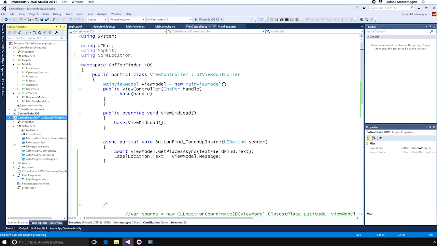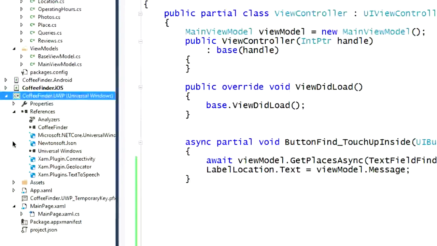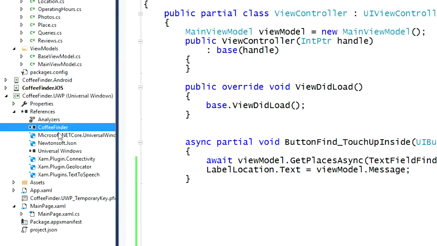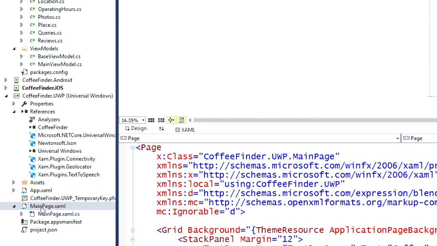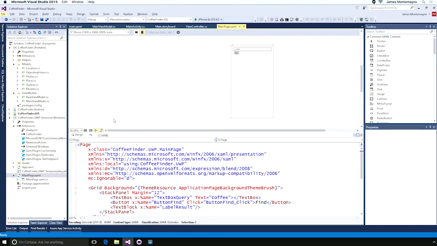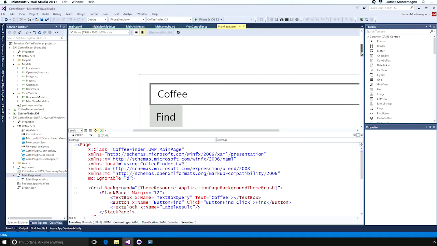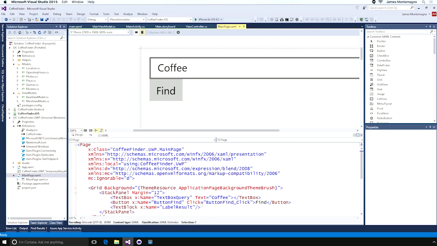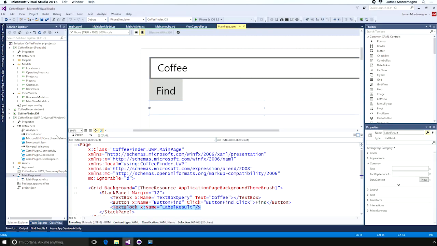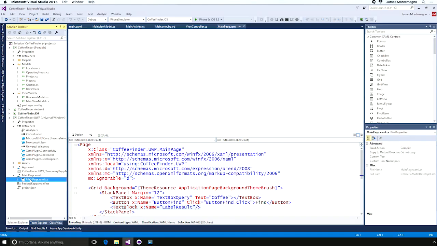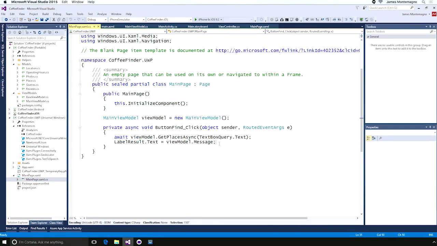I've brought in the same exact libraries like I did in Android and iOS, my shared code, and some NuGet packages such as JSON.NET. I've created a very simple user interface. We can go ahead and make this just a little bit bigger. There we go. And what I'm doing here is simply just going ahead and saying coffee, find, and then I have a text block down here to display the results. So very straightforward. And in my code behind, whenever I click that button, again, the same just little bit of code to call off into our shared